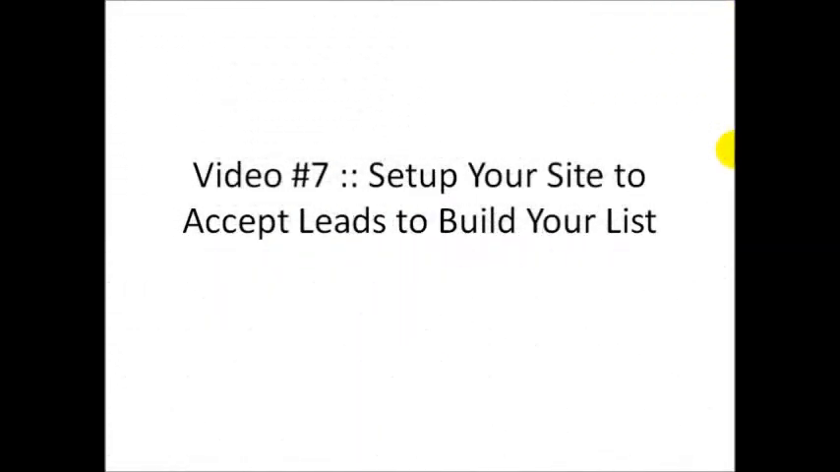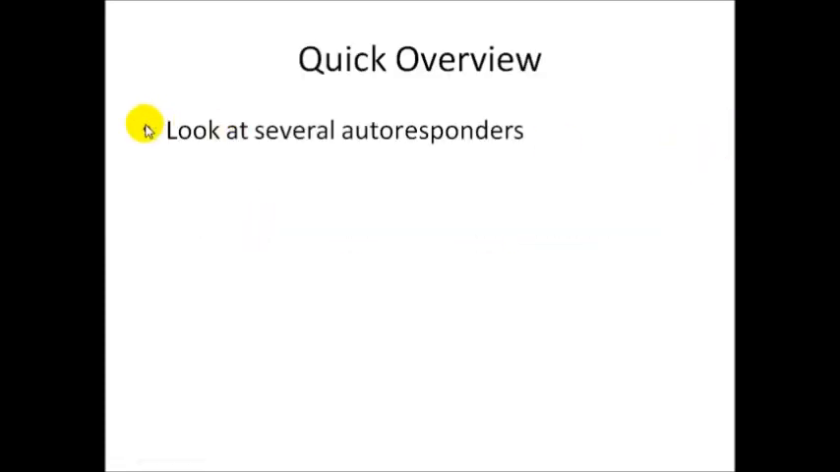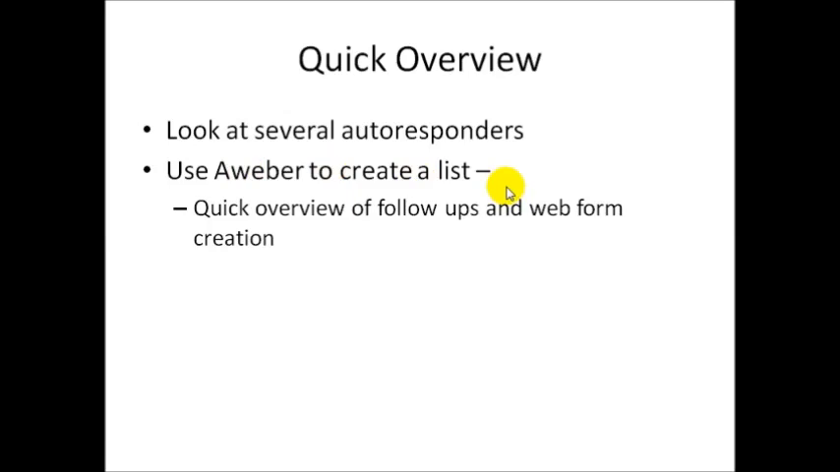In this specific video, we're going to be talking about setting up your site to begin accepting leads so that you can begin to build your niche list. First of all, I'm going to give you an overview of several different autoresponders so that you can get an idea of what your options are. Now, in this video, we're going to be using Aweber, which is a specific autoresponder to create a list. And then I'm going to give you a quick overview of creating the follow-ups and talk about the web form creation. We're going to create the web form,